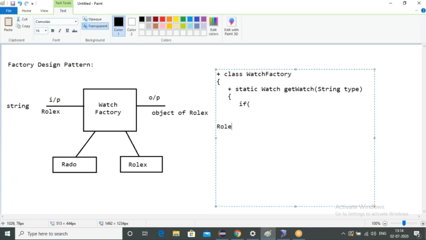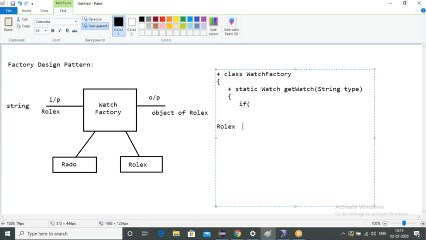Tell me one thing, guys: if I pass input as this Rolex or that Rolex in different case, is it the same watch or different? In general it's the same watch, but with respect to Java, it is different because the case is different.